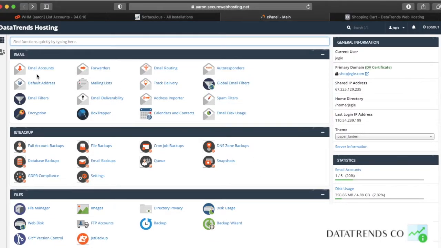Now, for the email address, of course, you need your domain. In this case, I have shopgg.com. So let's start with the email. How do you add an email address? How do you manage an email address? How can you get your users to access your email address? So let's just click email accounts,